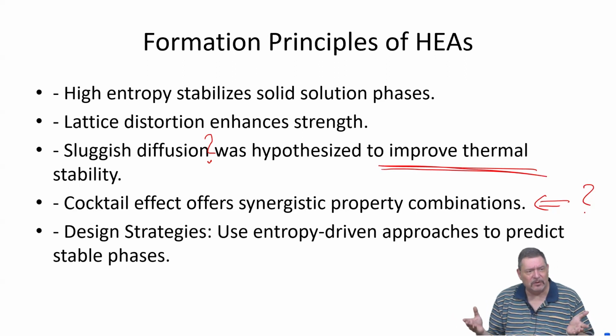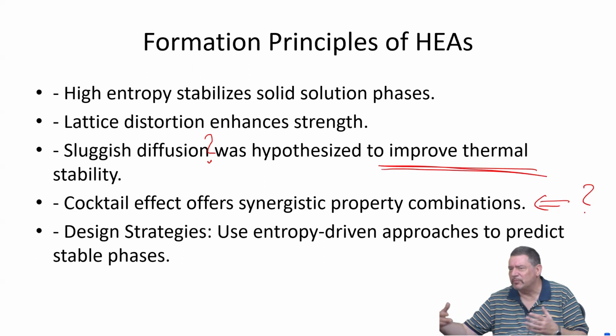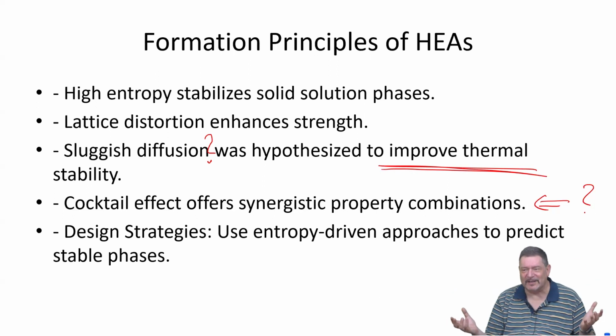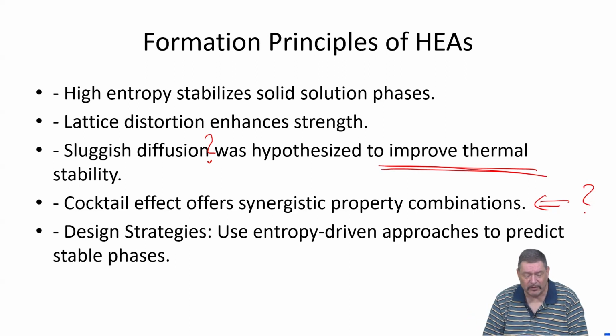So you could call it a high entropy effect, but it's not, as literature suggests, that you just mix 5 constituents and you get a new effect. There is a secondary process, precipitate formation, forming a phase with a new crystal structure, which then shows ferromagnetism. So one has to be a little bit careful about this cocktail effect, because a pure cocktail effect, as suggested initially in the paper, where you throw together 5 elements and you get all of a sudden a completely new behavior, I at least have not seen so far, neither in the literature nor in my own work. Would be nice, but so far we haven't found it.